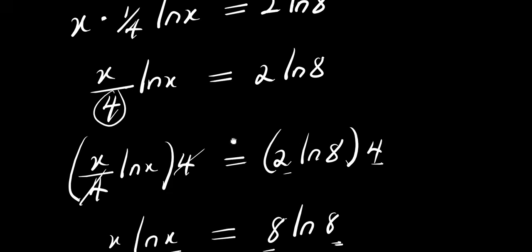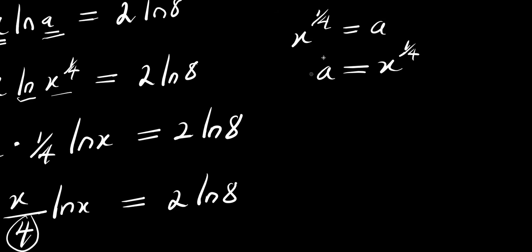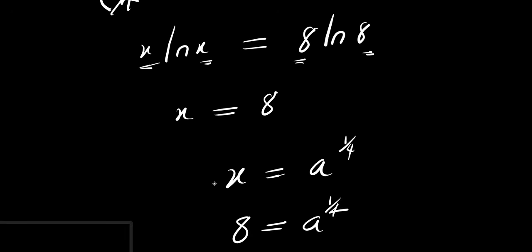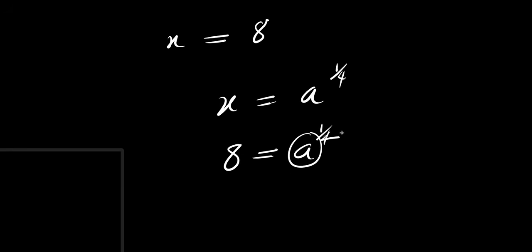So let's solve for a using this particular equation. Remember, a equals x power 1 over 4. So we have x equals a power 1 over 4. Then our x is 8. So we have 8 equals a power 1 over 4. So to solve for a, we need to isolate a from here by simply multiplying this exponent by 4 and having this by 4. So what happens here is that 4 times 1, that is 4. So we have,